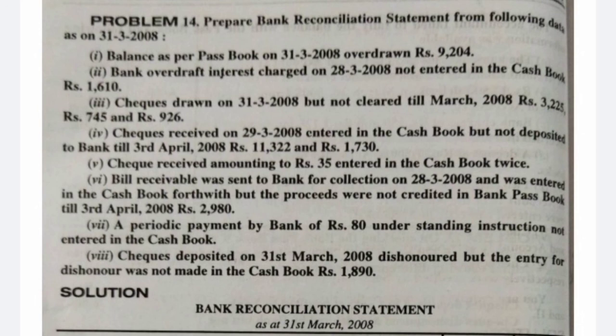Therefore, since the cash book is showing higher receipts, now we need to see the passbook only. The passbook is showing the nullified balance, check deposited and check dishonored. But when we compare the passbook balance with the cash book, the passbook is showing less balance because one credit and one debit for the dishonor were taken, whereas in the cash book only the receipt entry is recorded. Therefore, we need to reduce this 1890 from the passbook overdraft balance.